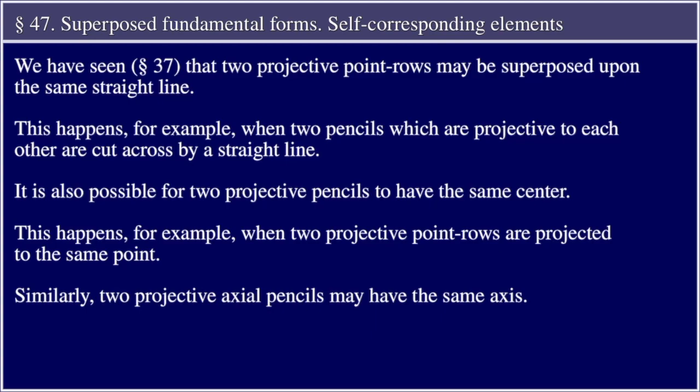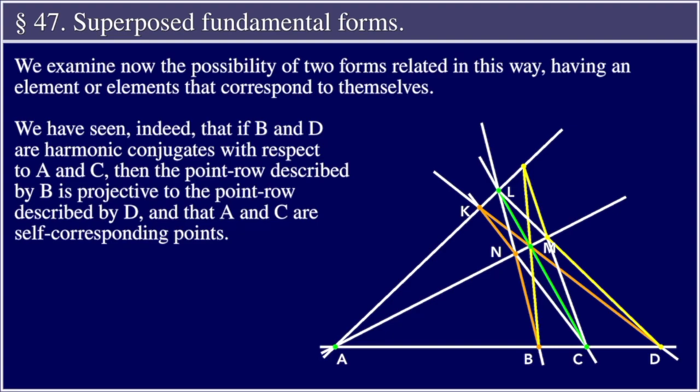It is also possible for two projective pencils to have the same center. This happens, for example, when two projective point rows are projected to the same point. Similarly, two projective axial pencils may have the same axis. We examine now the possibility of two forms related in this way having an element or elements that correspond to